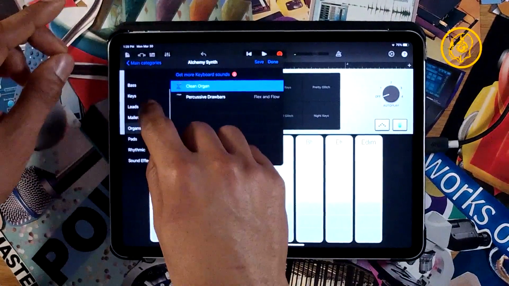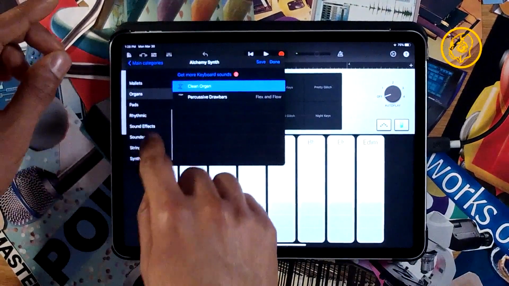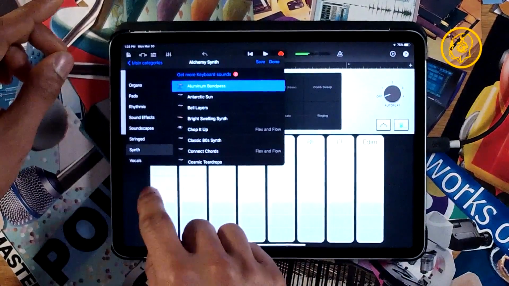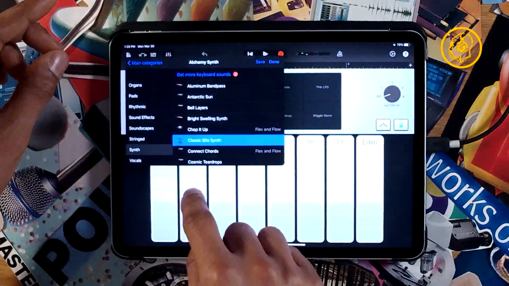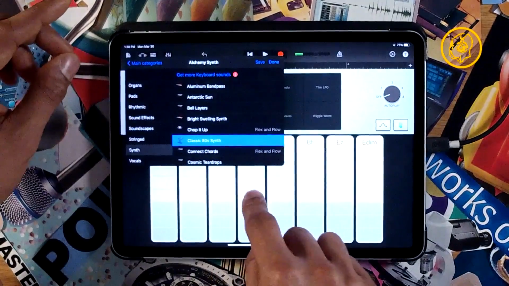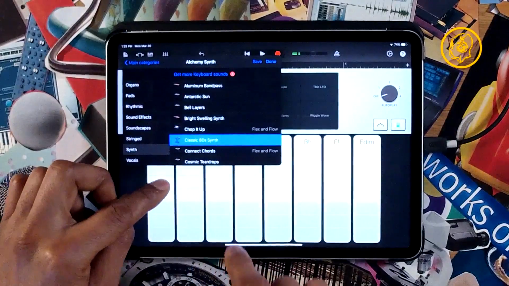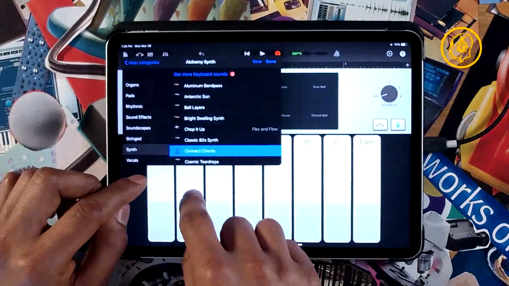I'm trying to find something. Let's see what some of these synths sound like.